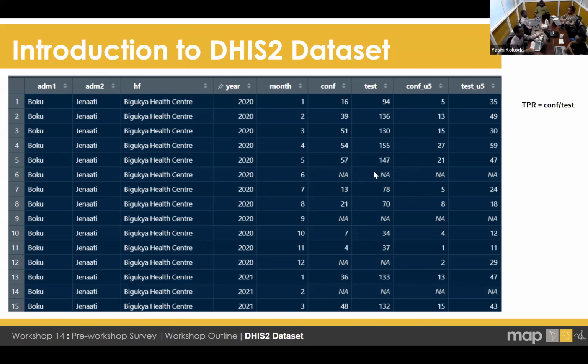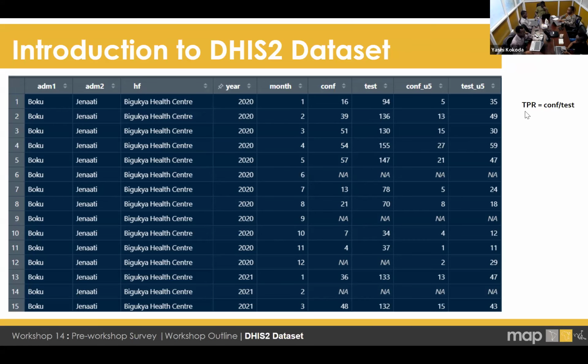So let's say now from this data frame, you have been asked to summarize this TPR for different levels. Remember, the data set is reported at facility level monthly, and you have admin 2, which is equivalent to districts or councils in Tanzania. And you have admin 1, the higher level administration unit, equivalent to region in Tanzania.